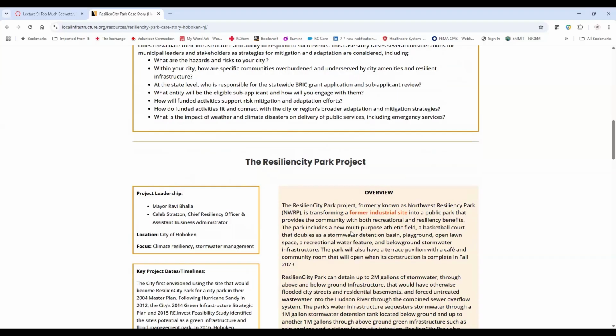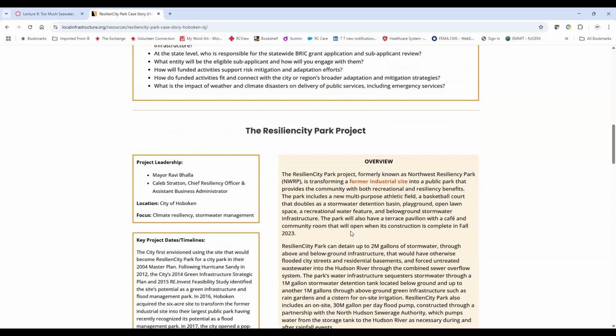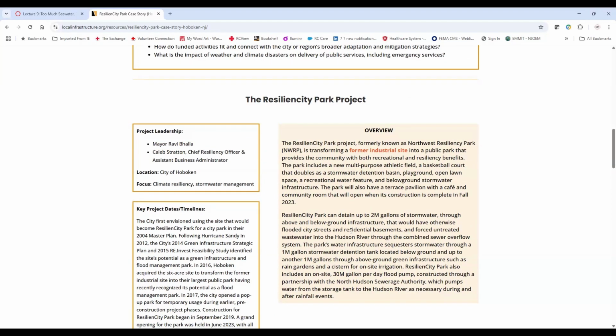There's actually something underground from it. It's pretty cool. There's a playground, open lawn space, etc. It can detain up to 2 million gallons of stormwater through its structures. That means the streets are not going to be flooded with an extra 2 million gallons of water. That's a big impact for Hoboken.